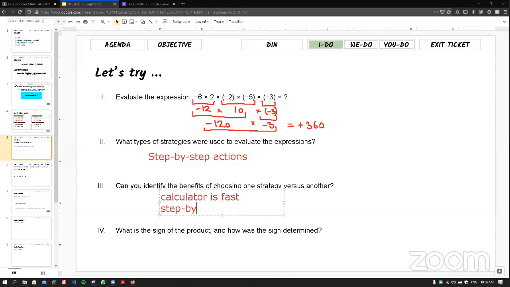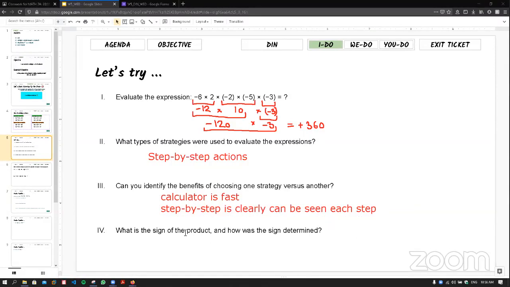Okay, step-by-step actions can be clearly seen, each step, what's going on. So you can understand how you got the 360 if you do it step by step, because you can see clearly what's going on. Okay,